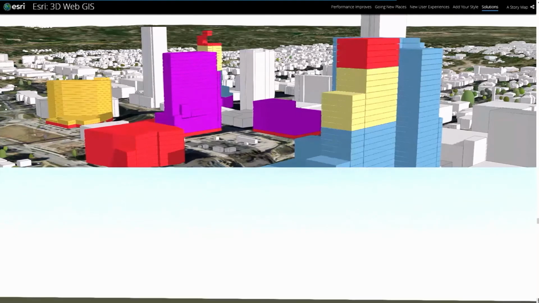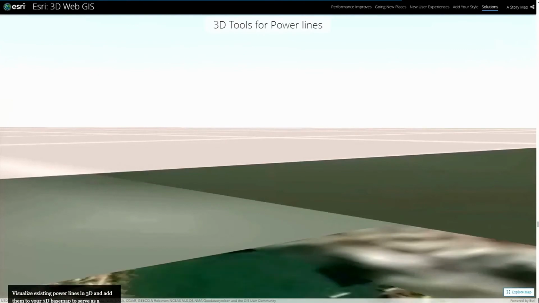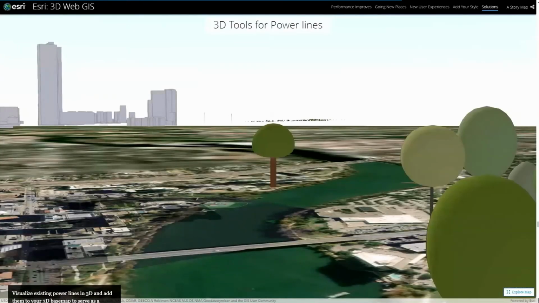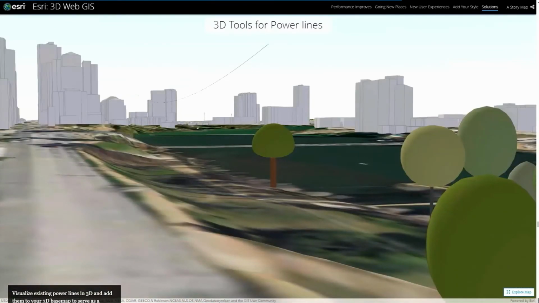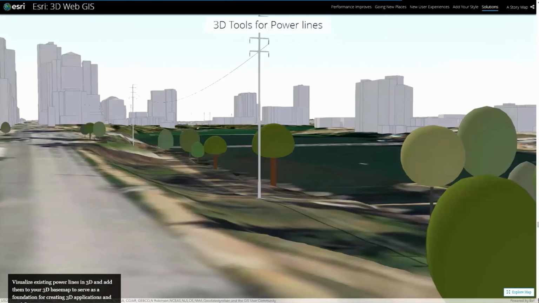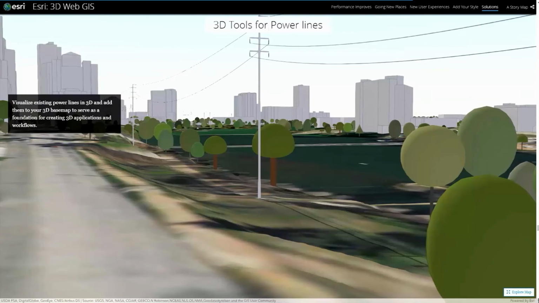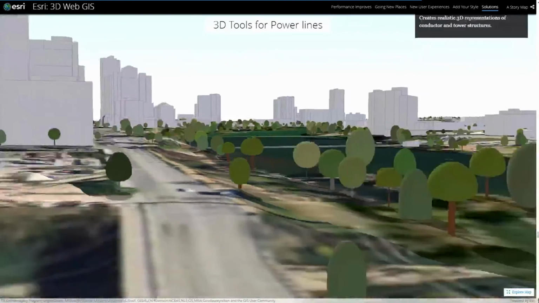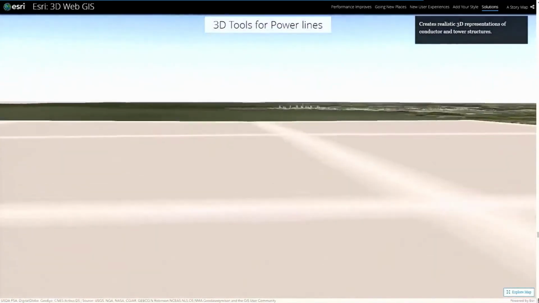And one of the other solutions here helps users work through a procedural process where they draw lines to represent power lines, run them through a Pro task-based workflow, and generate procedural models for power lines in a variety of different ways. Here we're looking at City of Austin examples of the power lines rendering for us, so that it gives you the opportunity not only to visualize them, but to visualize a variety of different tower types,